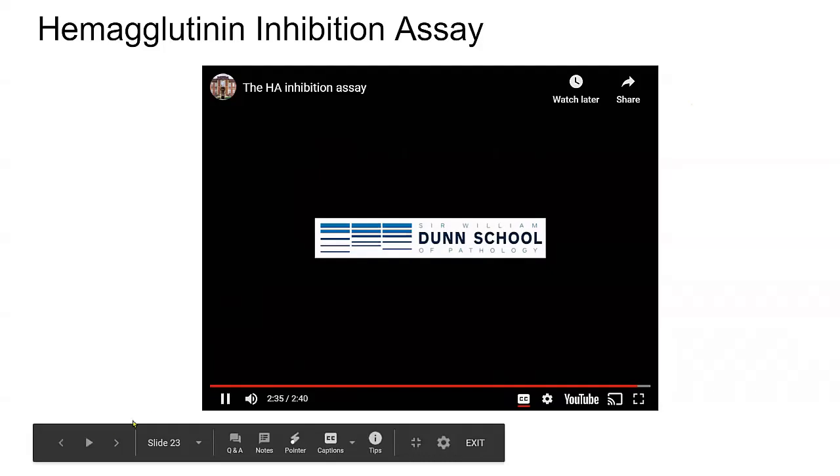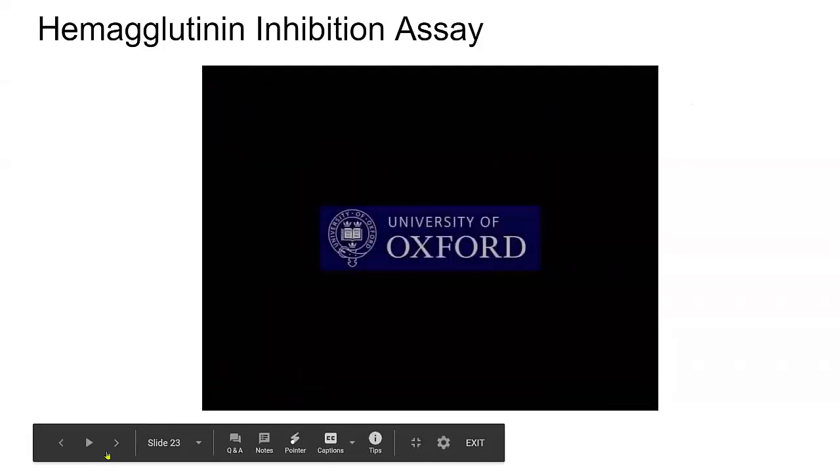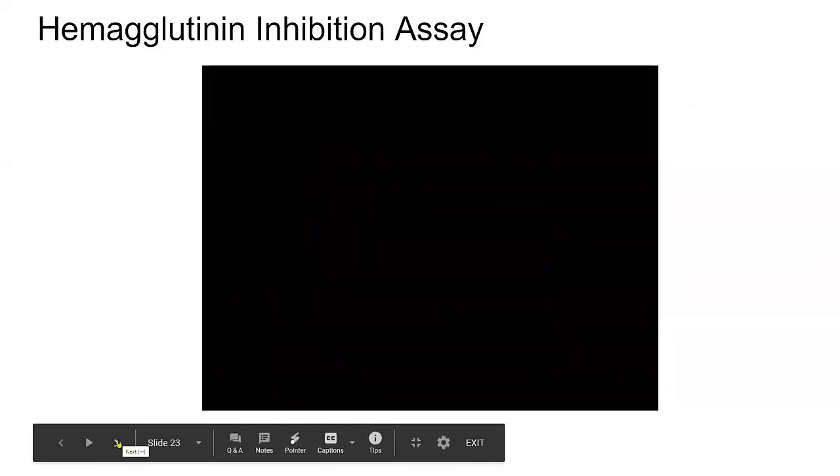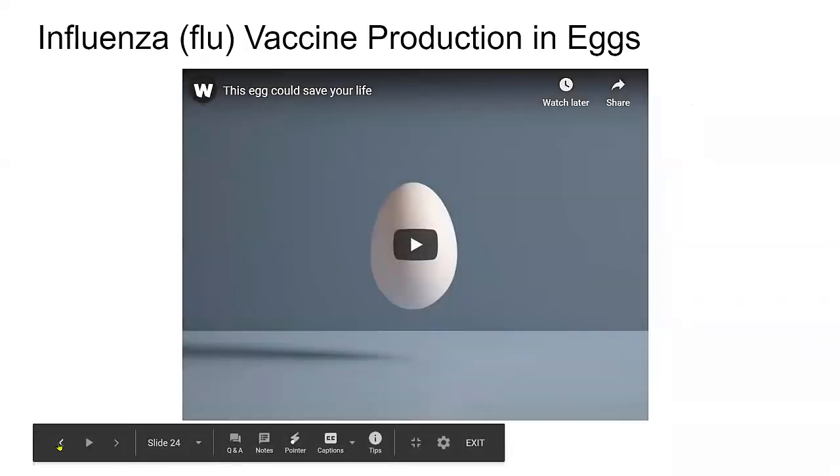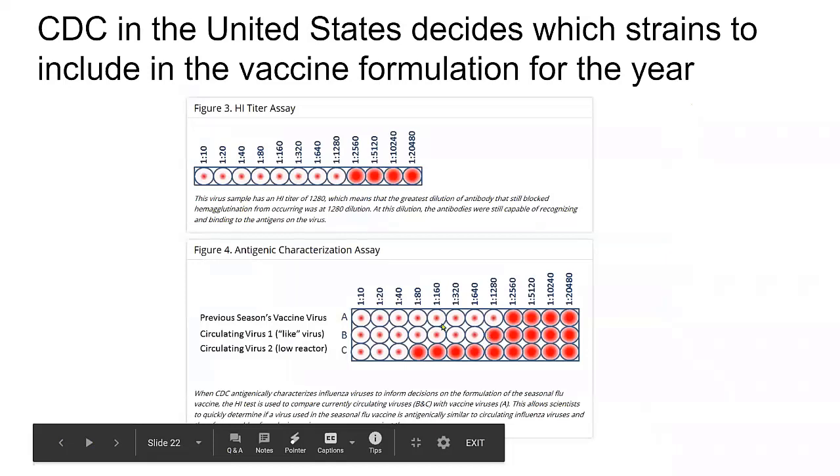Okay, so that shows how the test is done, and ACR students will recognize those tools that were used. Let me go back here. And so you can see the visual results. You just wait half an hour. You have to do a lot of pipetting, put the right things in the wells, but then you just wait half an hour and you say, okay, virus C is not very much like virus A, so we need to put in this year's formulation something that reacts with virus C.